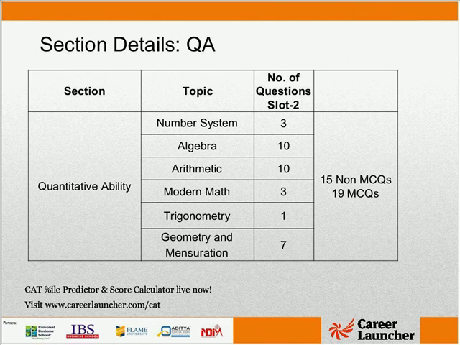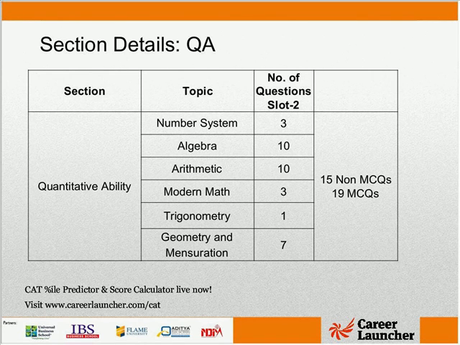Quant, the breakup is there, but more than the breakup, I'm sure you would have realized that most of the questions were not difficult. Interestingly, the data suggests that some questions were common in the morning and evening slot, though they were twisted a little. For example, in the morning slot there was a question on the surface area of the walls and the floor. A similar question came in the second slot, but in the morning slot they had asked for the height of the room, in the evening slot they had asked for the surface area of the floor.